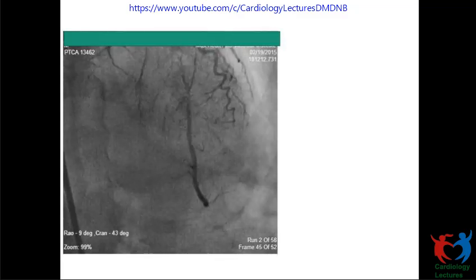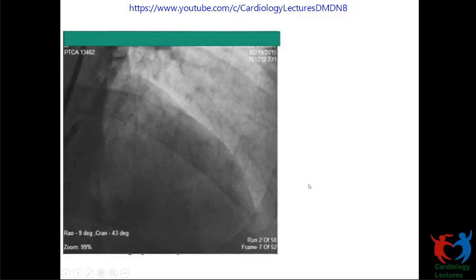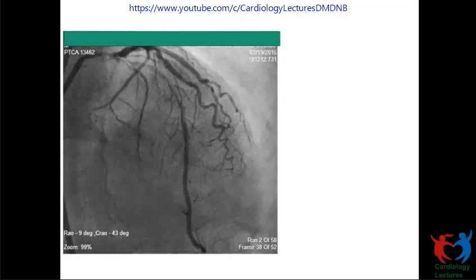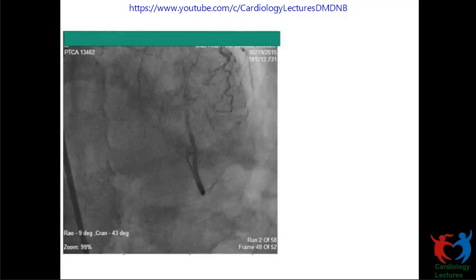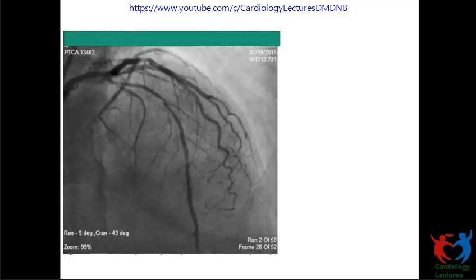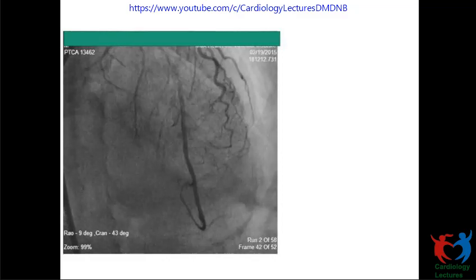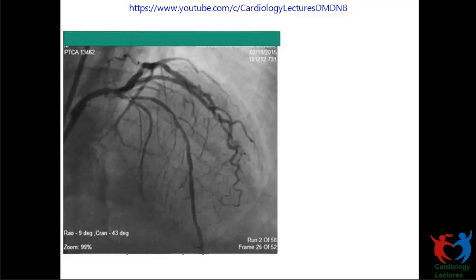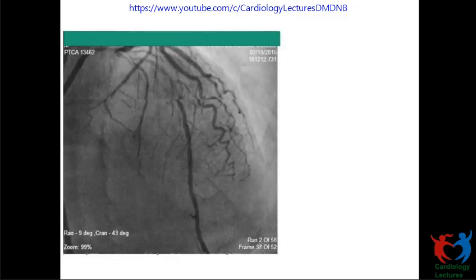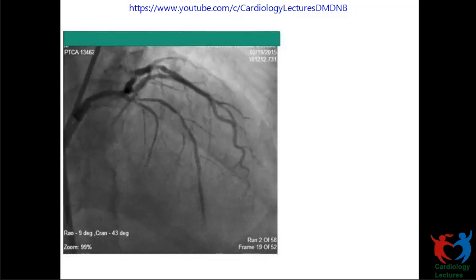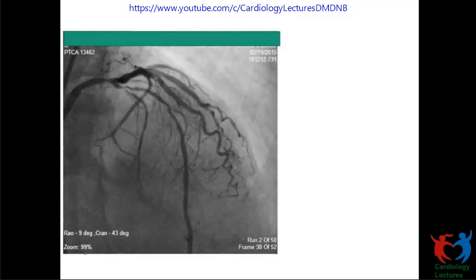So I understand what Kavita is saying. What happens is when you crush it, then will you use the LAD as a side branch, because you don't want that mesh of metal lying at the carina. You want it lying away. So you don't want it where the trifurcation is. You don't want it lying in front of the diagonal. So when we do a trifurcation, many times like this, when it's a true ramus, you treat the LAD like a side branch and crush towards the lateral wall and place the stent into a ramus or a circ, the larger vessel, because at the trifurcation point, you don't want too much crushed metal lying out there.